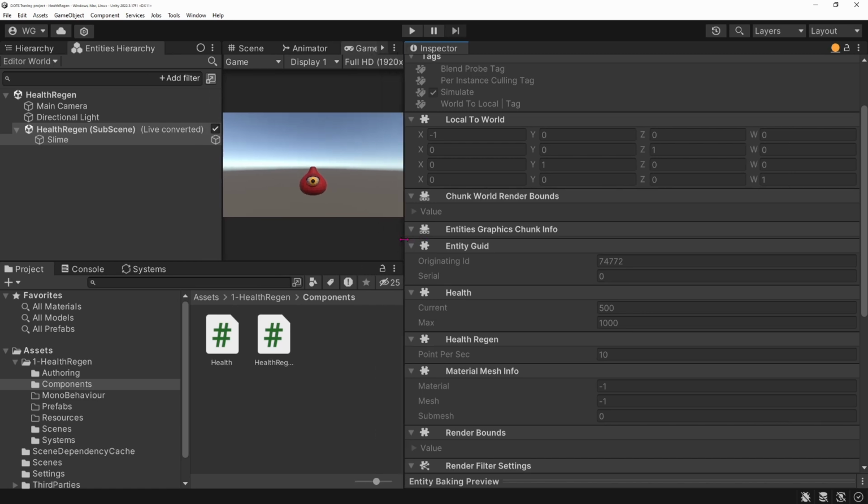That's great. You have your entity, you have the values in place, you can see them in the inspector.